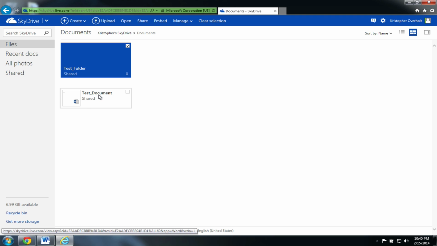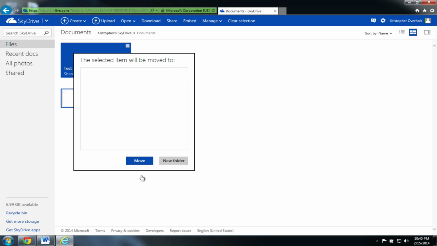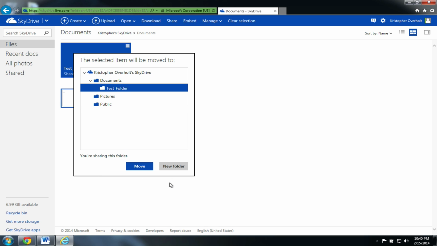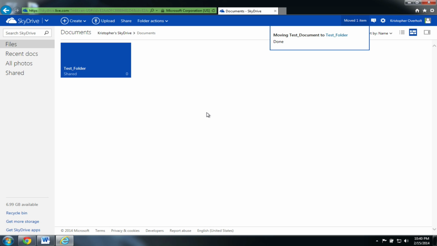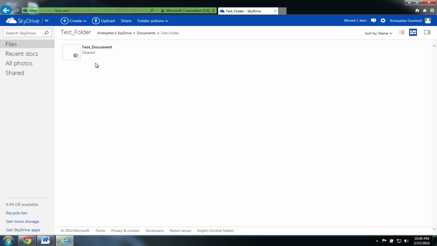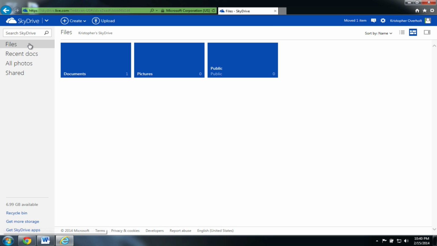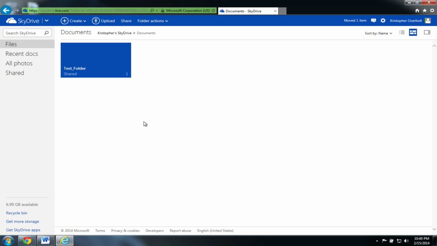So if I upload a document and put it inside of the test folder, so let's see if I can move this. So move to, I'll move it inside my test folder. And so now, because I've shared the folder,